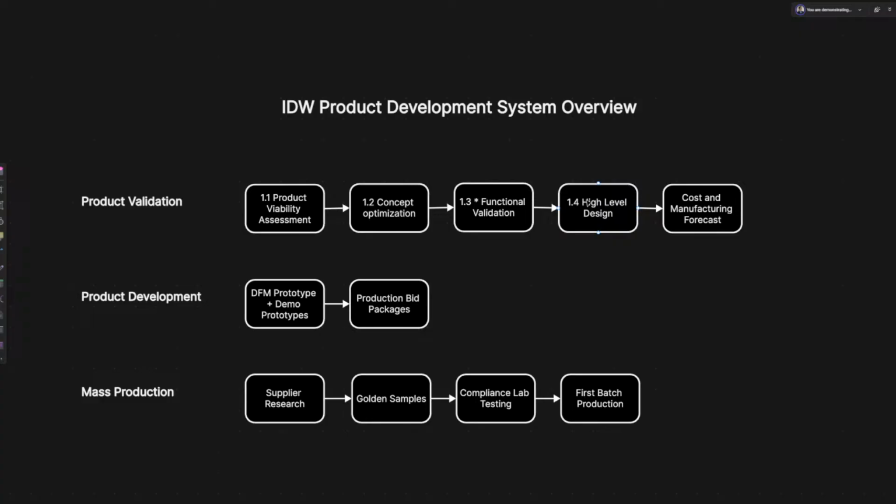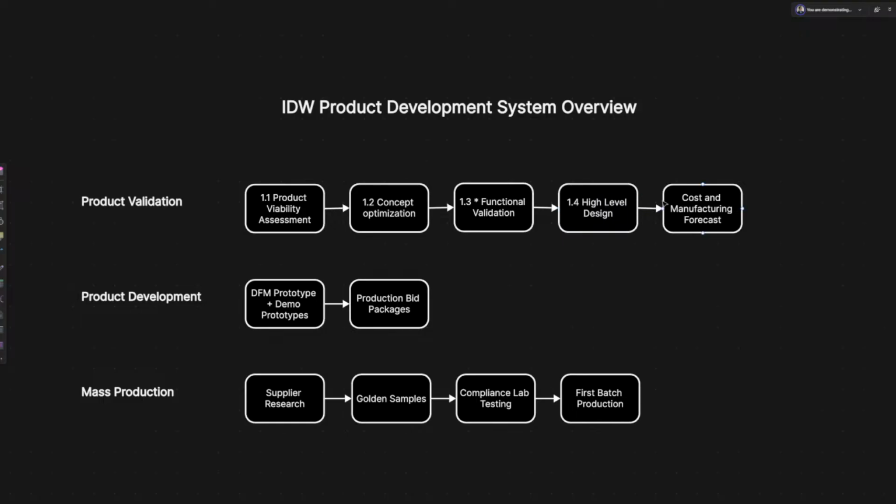Then we have high level design, which is when you basically design the detailed architecture around the product. For example, what type of APIs or libraries you're going to use for the software, what type of network topology we're going to use, critical components that we're going to be using for the electronics as well, and general flow diagrams, and business process modeling notation if required to express the flow of the firmware and the interactions between the user,